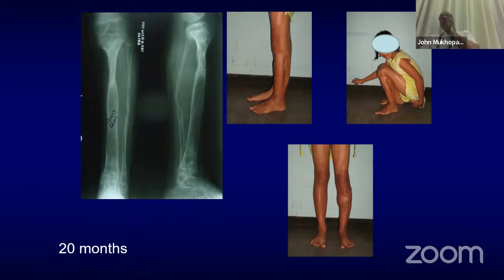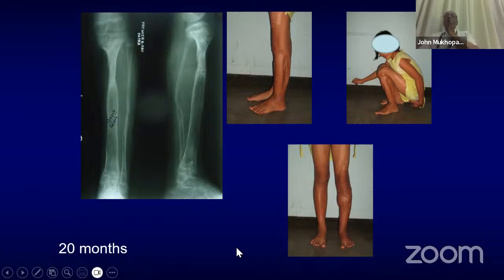The regenerate has formed very well. Where we've got it to unite, the bone was a bit thin. It's still a bit thin. Again, you can see how the fibula has reformed, and she's got a fairly good range of motion with full flexion and extension and equal limbs at this stage.